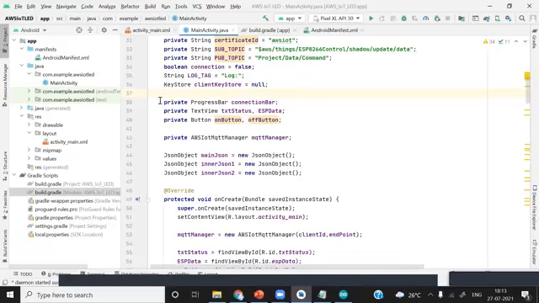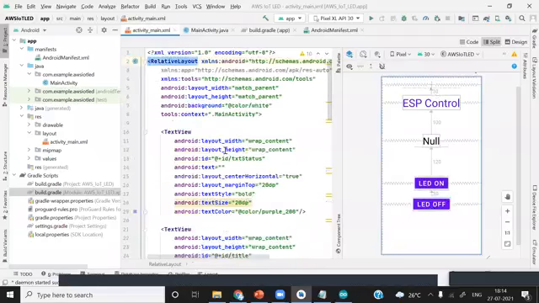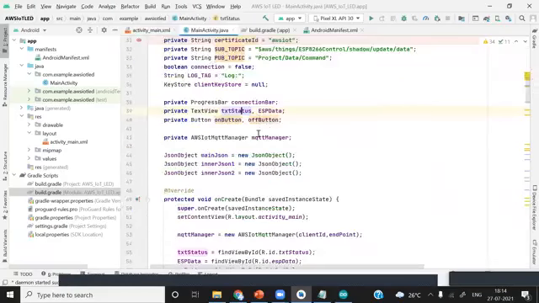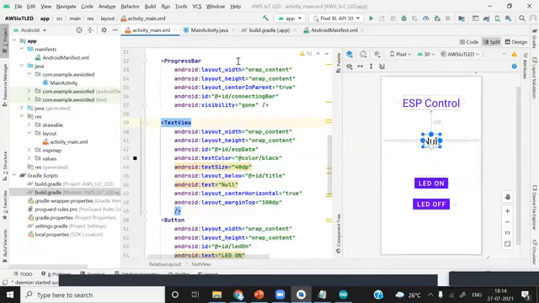After that, we have declared our components, whatever components we have added into the user interface. Private progress bar, connection bar, we have given this variable name. Text views: text status and ESP data. So this is our TXT status of the connection with AWS IoT, and the ESP data is over here. Initially it is null. Null means there is no data coming.